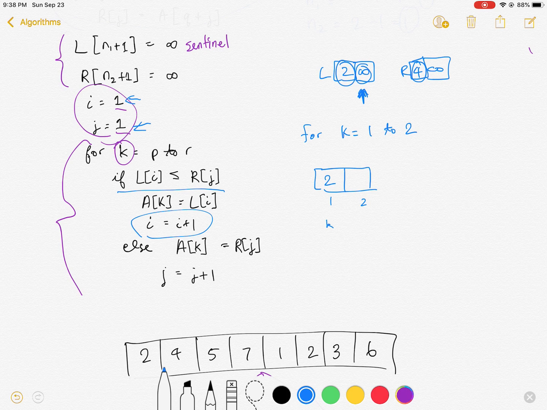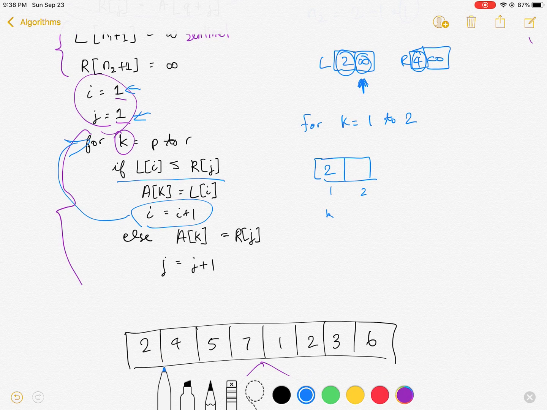So when we do the next comparison, we go back and reiterate through the for loop, k equals p to r. If L[i] is infinity, is infinity less than or equal to R[j], which is 4? No, that's not true. Else, A[k] is equal to R[j]. R[j] is 4, we copy 4 over, and then j increments, so the pointer is right here. Now k would be at 2, and we're supposed to stop at 2. So that finishes the merge, and then we go back